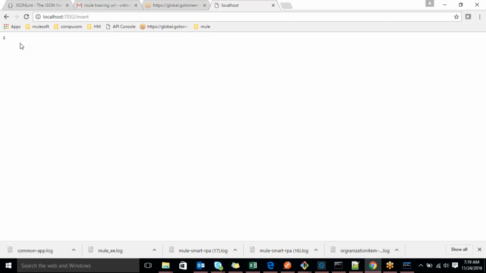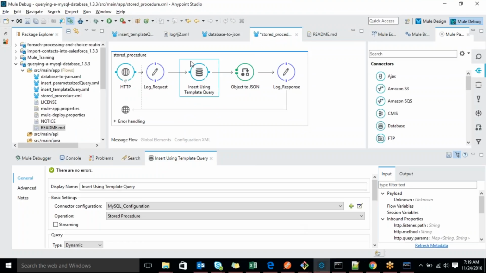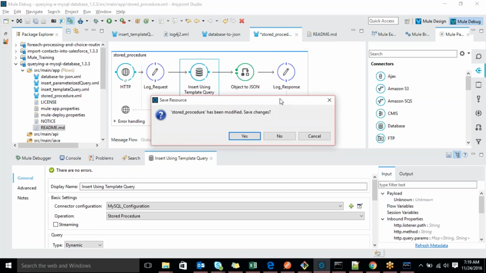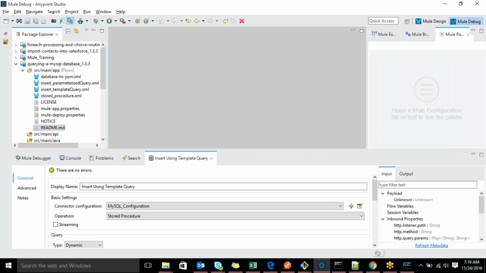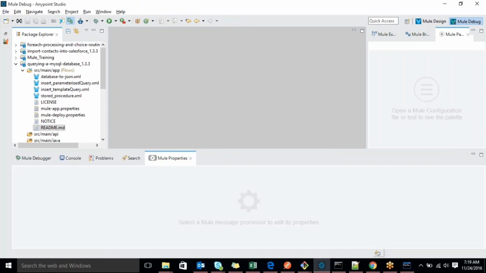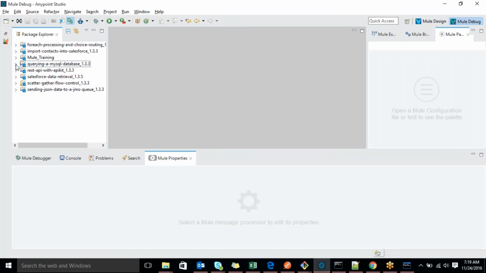Here you can see the payload also. Just display the payload. So that is about database-related things. If you have any questions, we'll discuss. Just create some POCs and check all these operations: dynamic, parameterized, template. You can play accordingly. If you have any queries, we'll discuss again.